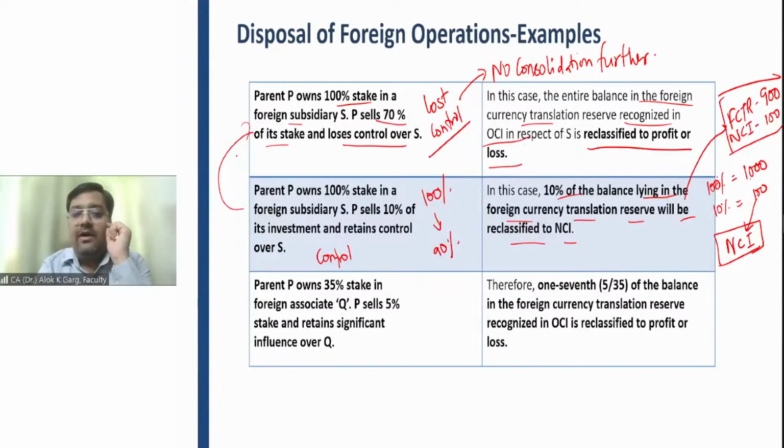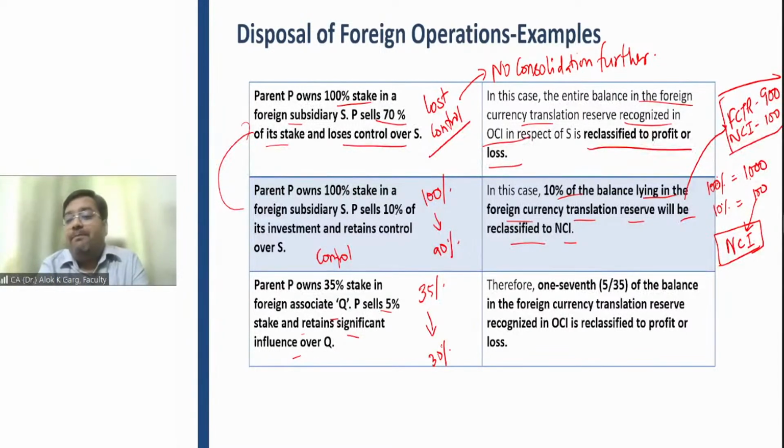Okay. Third one, parent P owns 35% stake in foreign associate Q. Means it is a JV and associate arrangement. P sells 5% stake and retains significant influence over Q. It is still an associate. So earlier the stake was 35%. Now it has gone down by 5%. Right. For example, during the consolidation,